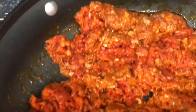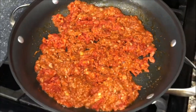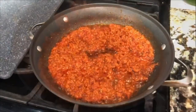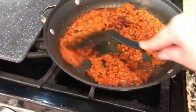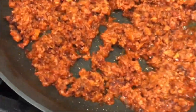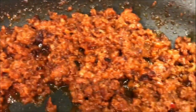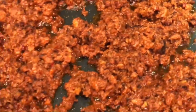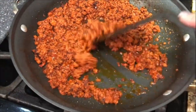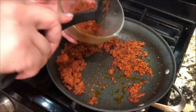Remember, you want to cook your chorizo until it's nice and brown and it's releasing all that delicious aroma of the chorizo. Look at this. I didn't even add any oils or anything. It's already releasing the oils. And now my home smells amazing. It's nice and crispy. And now I am ready to remove it, put it in this plate, and add it